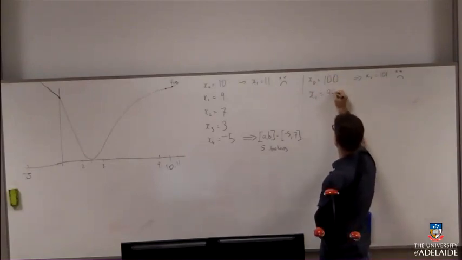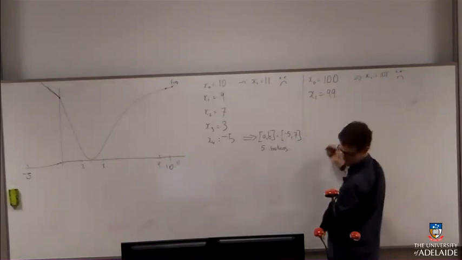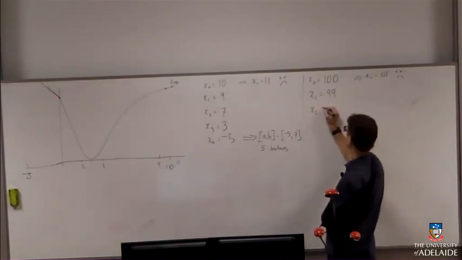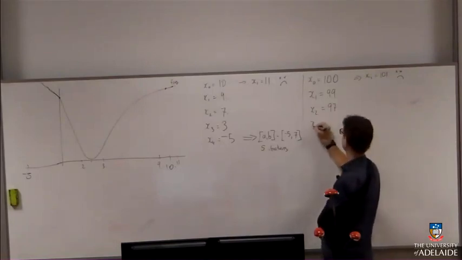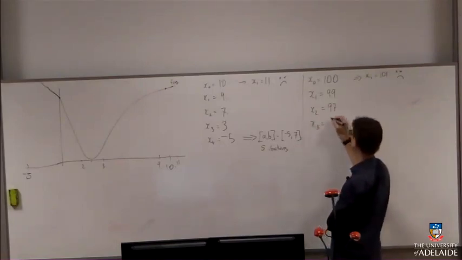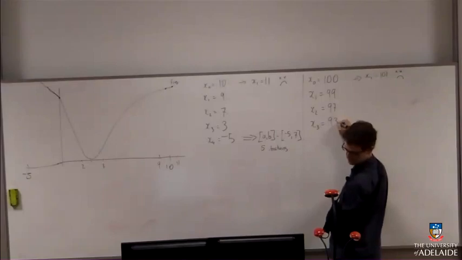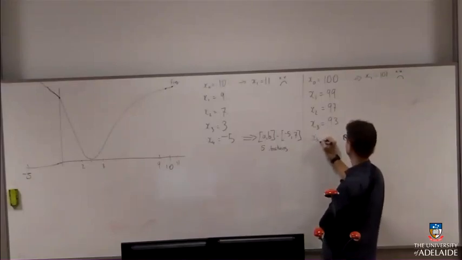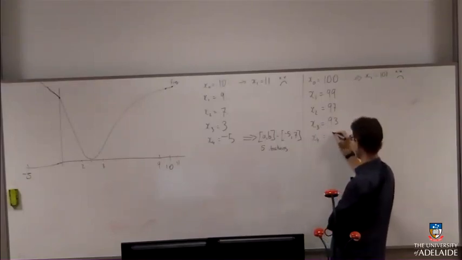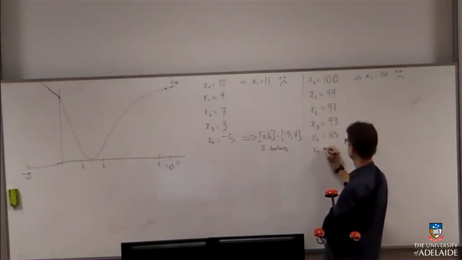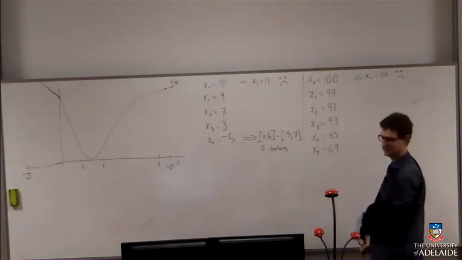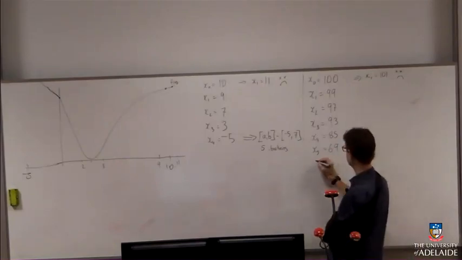So we'll take x1 to be 99, and then I'll double the interval and subtract, go to 97, double it again to a width of 4, and subtract, so that's 93, double again to 8 and subtract, that's going to be 85, x5, put the left-hand interval at 69,